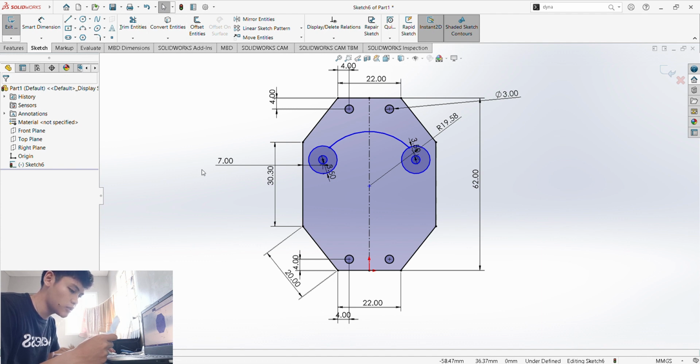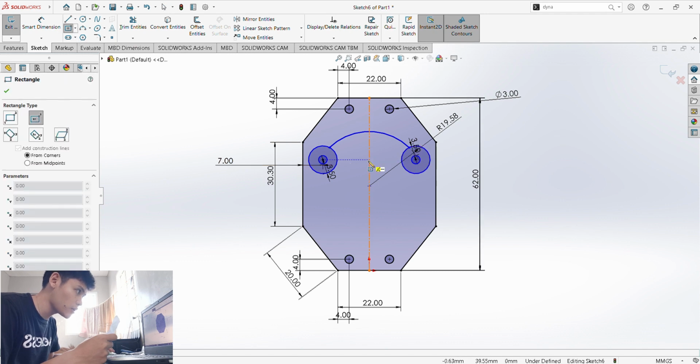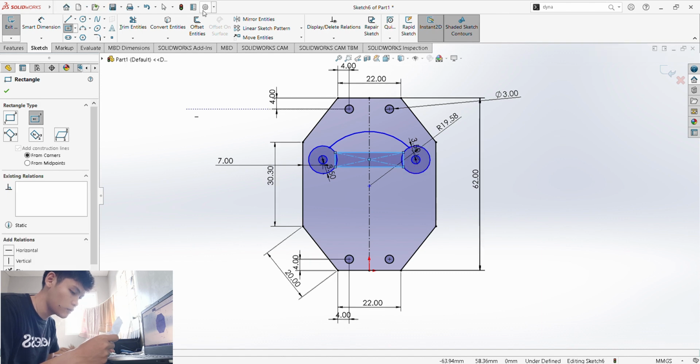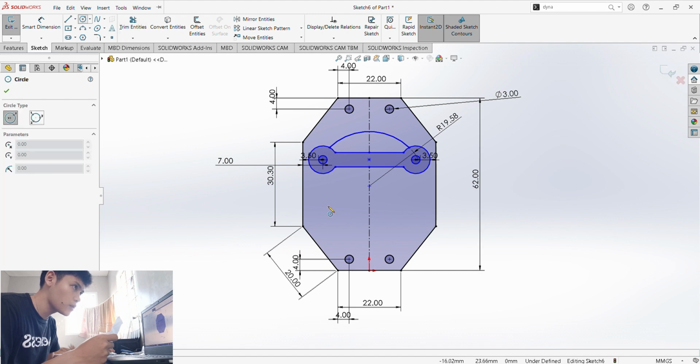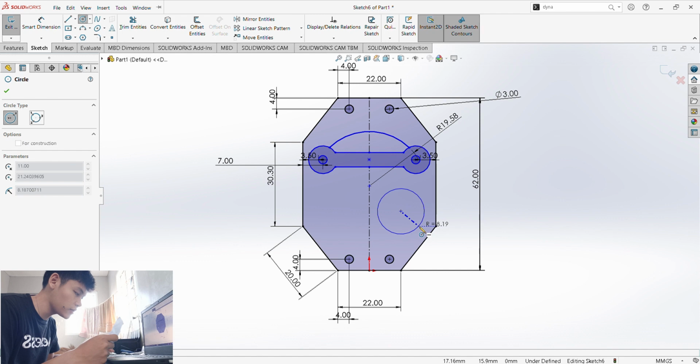So what we could do is just continue on with a center rectangle right here. And then we need to use trim entities. Next, we create a circle right here with a 17 diameter.